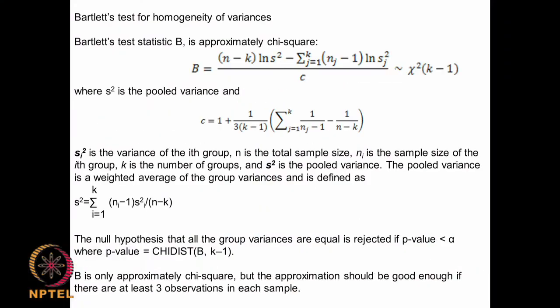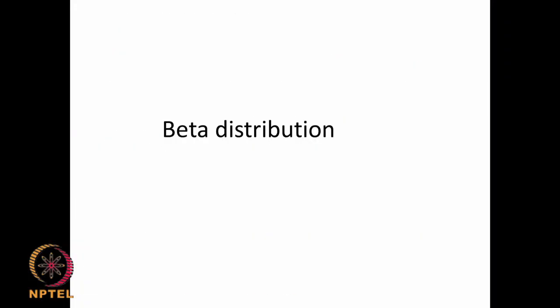Okay. And let us look at some more distributions. We looked at Z distribution, then we looked at T distribution. Okay. Then we looked at chi-square distribution, F distribution. Let us look at one more distribution, that is called the beta distribution. Okay. This is also a very useful distribution to talk about. Okay. Beta distribution